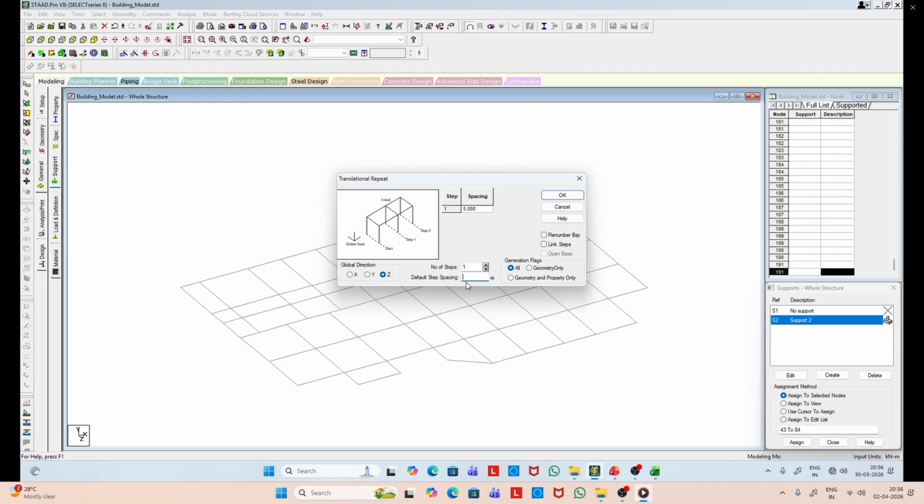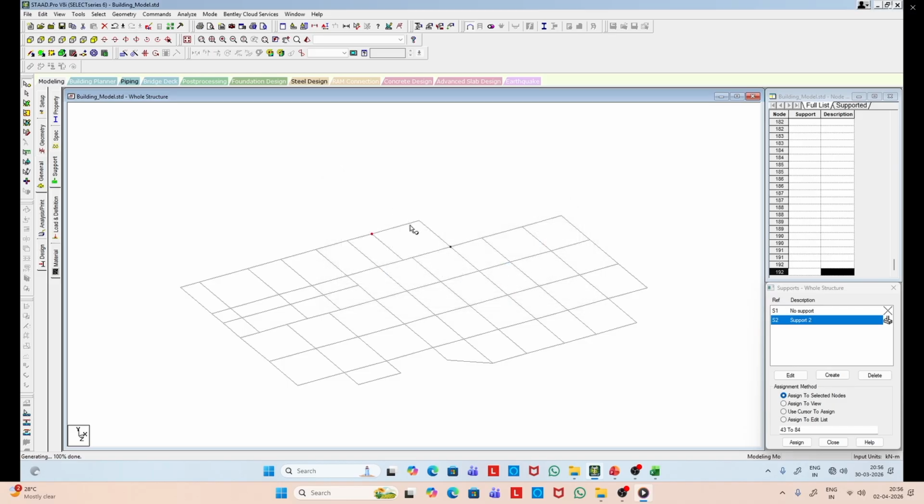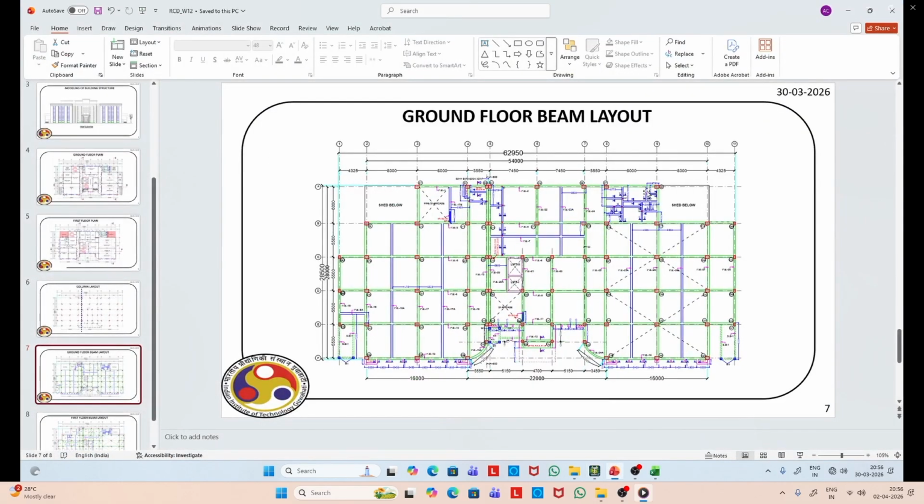So we can copy this along positive Z and we can create a beam. So this beam is created.